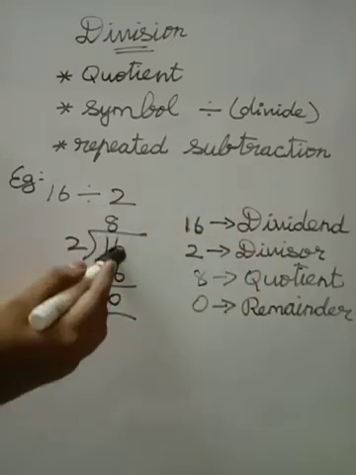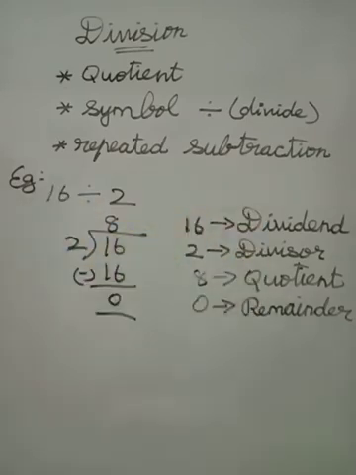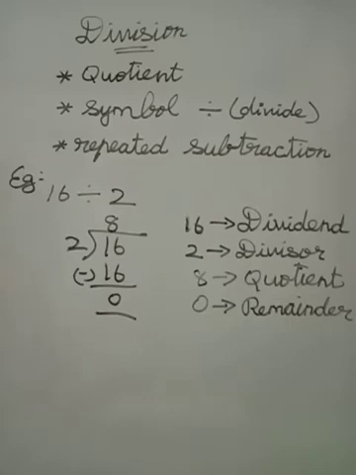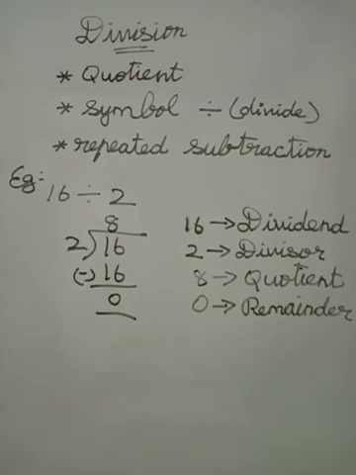So we are having 4 different numbers. The 4 different numbers are named according to this only. Okay. So write this in your note. So we will see here only a single-digit divisor, isn't it? Now, we will see how to divide using a 2-digit divisor. Okay? So write this neatly in your note also.